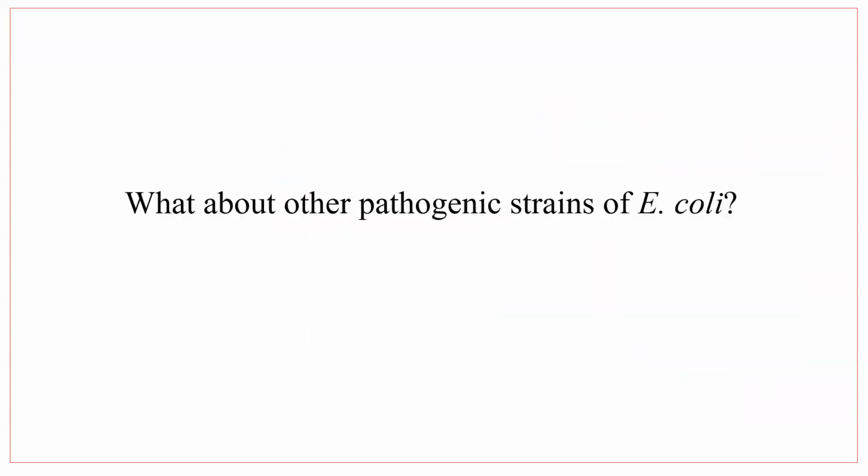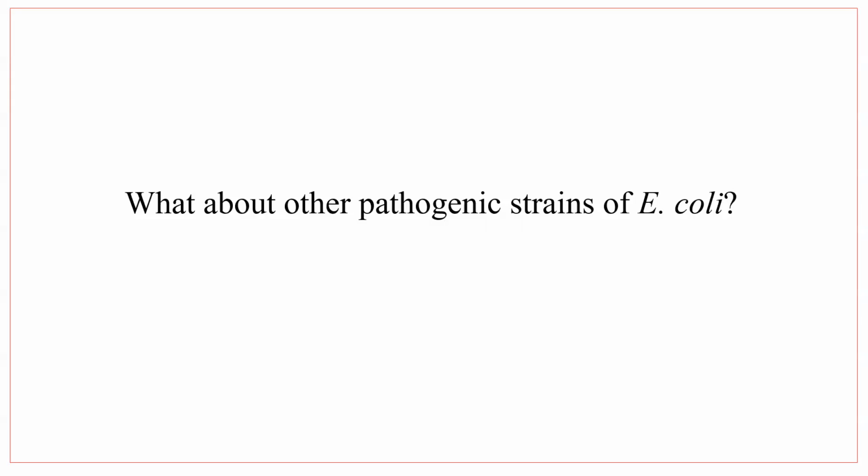So the next question was, what about other pathogenic strains of E. coli? I've been in a different session here where they've spoken about antibiotic resistance and E. coli, and there was a little bit of a conversation about the pathogenicity of E. coli. Yes, some E. coli strains are not pathogenic, and some of them are part of the microflora of the gut. But there are some strains of E. coli that are pathogenic, especially O157:H7. That has been the big player in foodborne illnesses for a very long time.